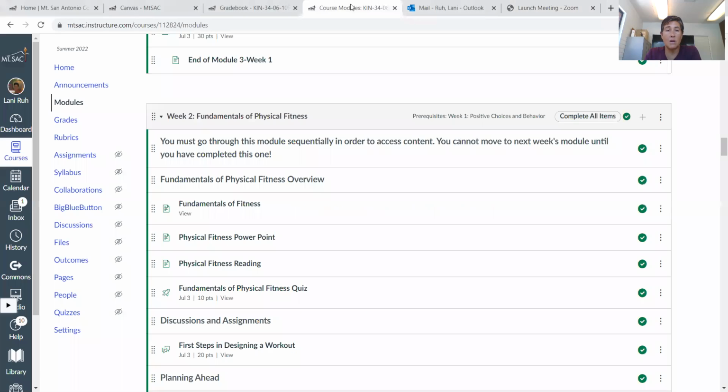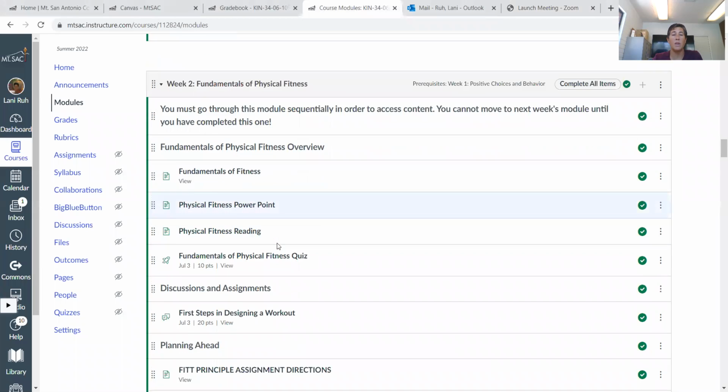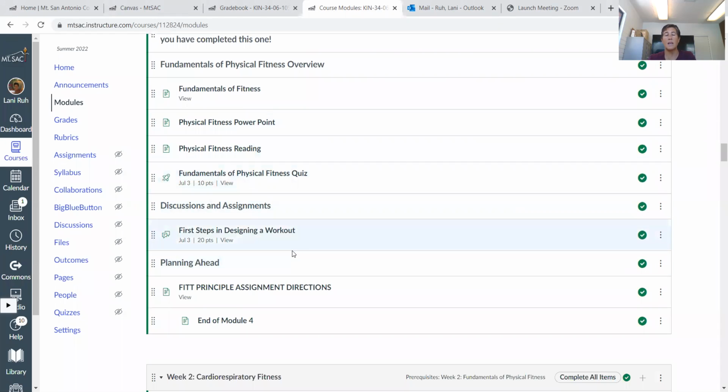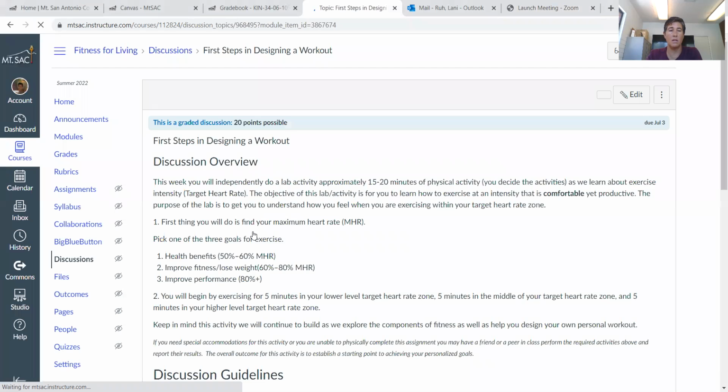Okay, so let me go ahead and I'll share my screen. We can kind of go through what's to be expected for this week. All right, so we're going to start working on fundamentals of fitness. So you're going to go through your physical fitness PowerPoint here. You have a fundamentals of physical fitness quiz. We're going to design a workout. So we're designing a workout based on, here we go,